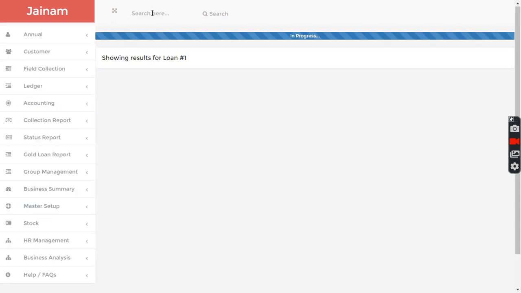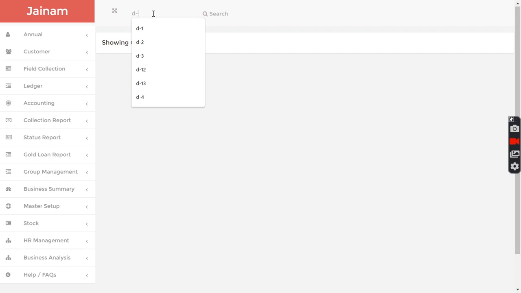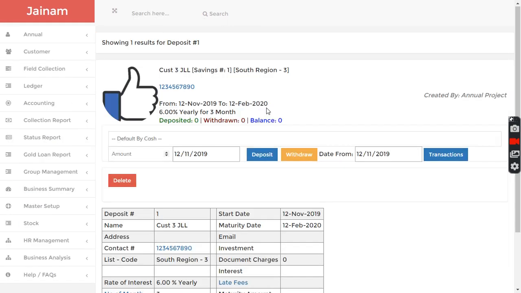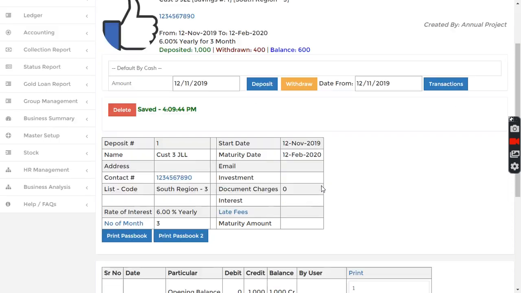I can search deposit number 1. Here, this is the savings deposit. The customer deposited 1000, let's say, on a specific date, and then the customer withdrew 400 today. Now in transactions, here you can see deposited, withdrawn and balance. You can also see the